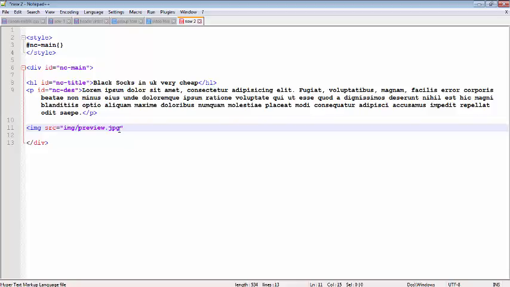Otherwise, if you have it in the same location where this file is located, then you need to type this location. If you don't have it on your local computer, then maybe you hosted it somewhere else on the internet, so then you can just use the full path of that, just the URL of the images, and then close.